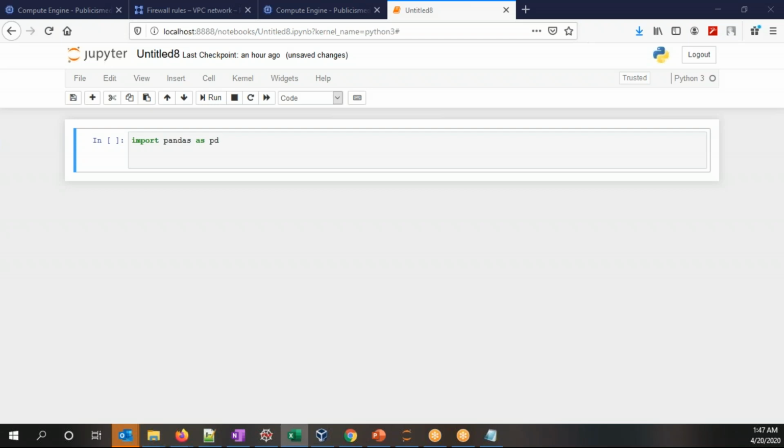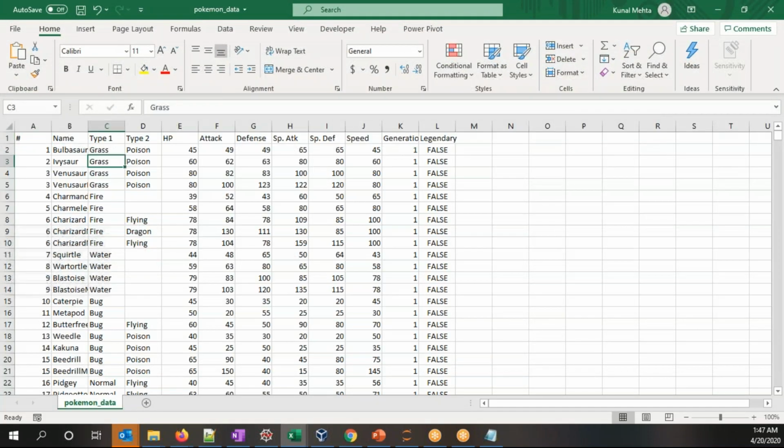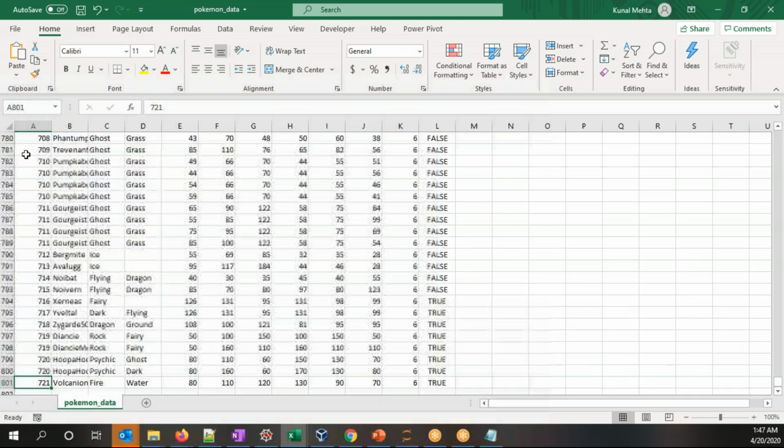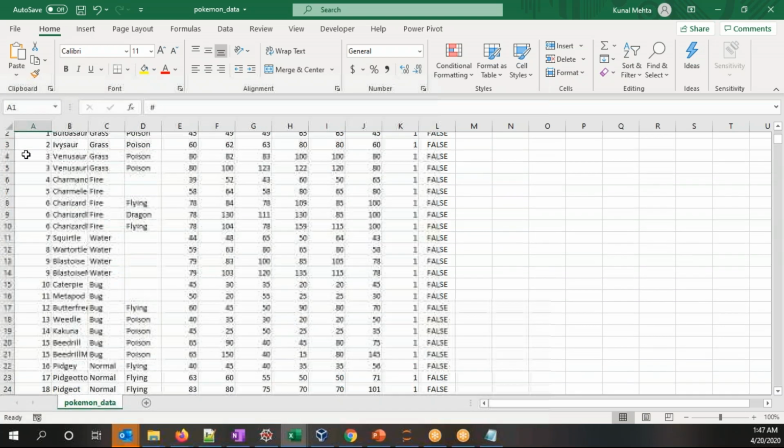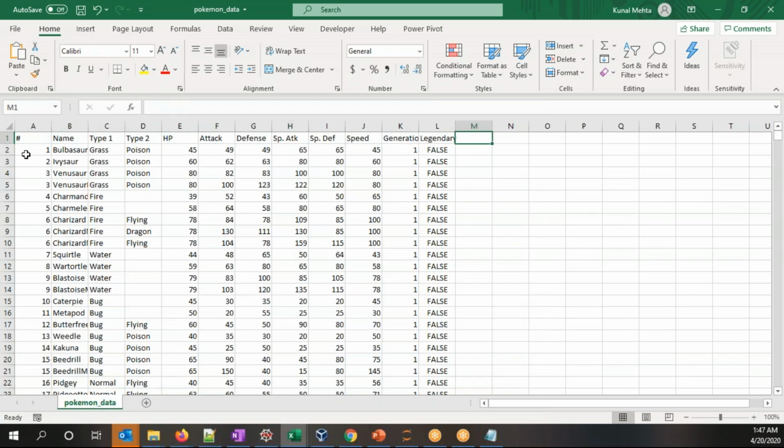This is the file. If you see, there are a few columns over here. There are close to 800 rows, if I'm not wrong. Yeah, 800 rows. The first row is of headers. So what I would want to do right now is import this file